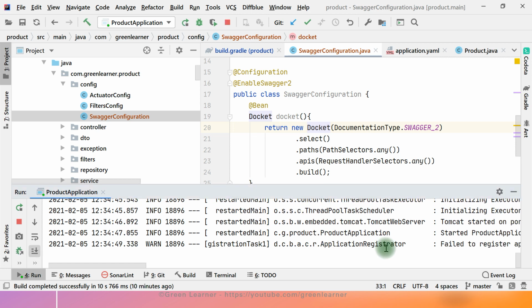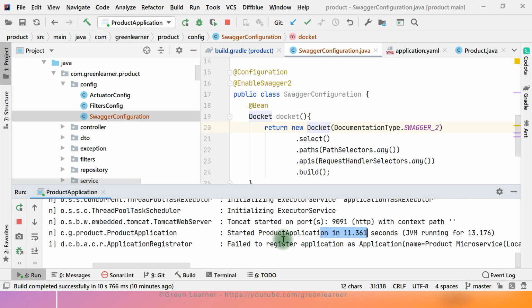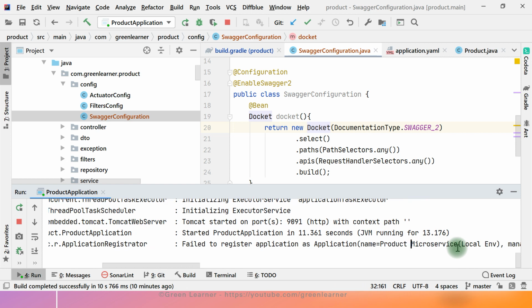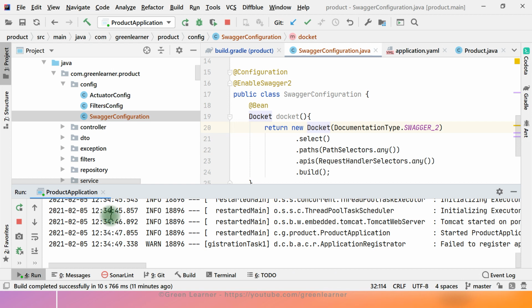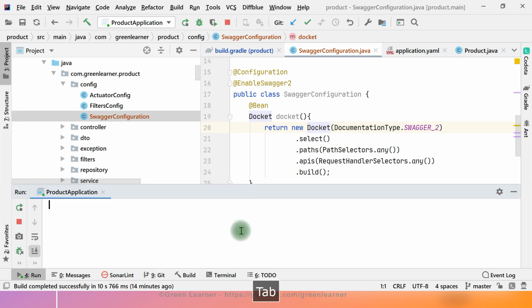Okay, now our server is running here. If you see the console, we are seeing started application here. The last line that you are seeing here is failing. It is trying to register with the Spring Boot admin server that we had, but that actually is not running. That is why we are seeing this fail to register application, right? So that's not an issue, just clear it out. Let's go to the browser and try to access the Swagger UI.